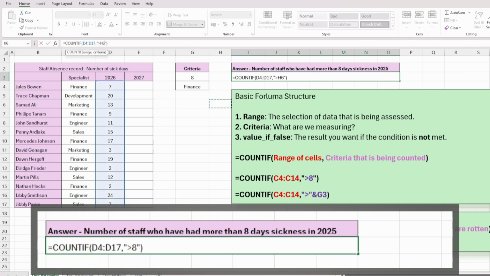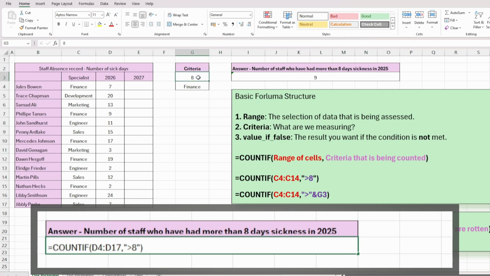Now, let's say you don't want to keep editing that number, 8, every time. Because opening a formula twice in one day? Let's not get carried away. We can make it dynamic. Use a separate cell for the criteria because nothing says, I'm an Excel pro, like referencing another box instead of